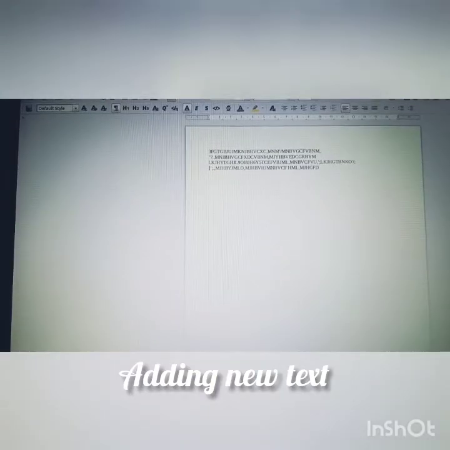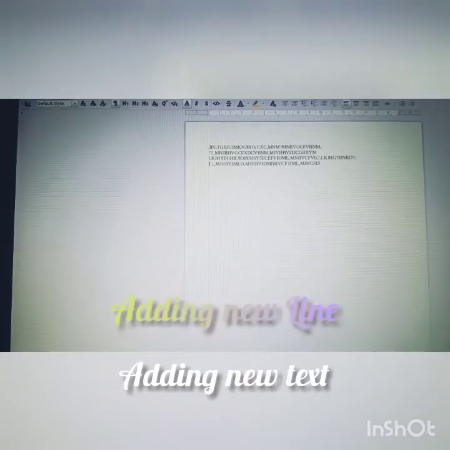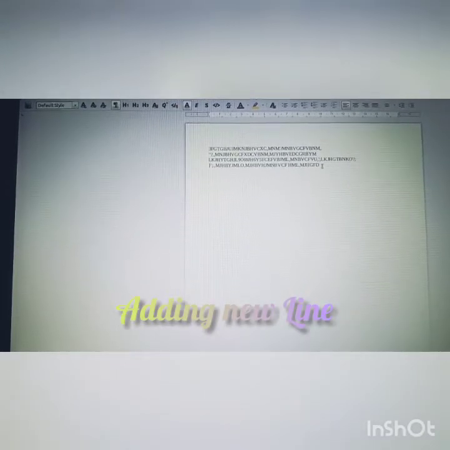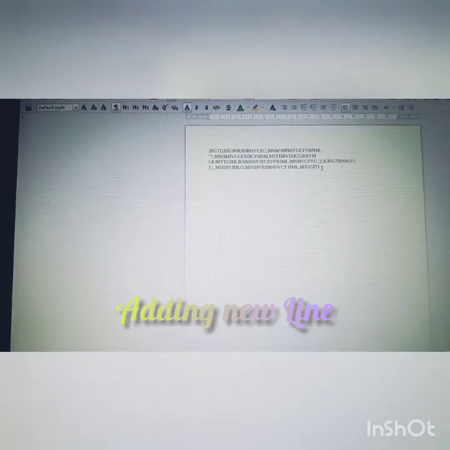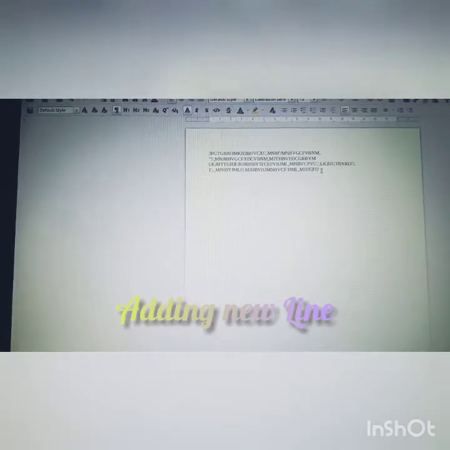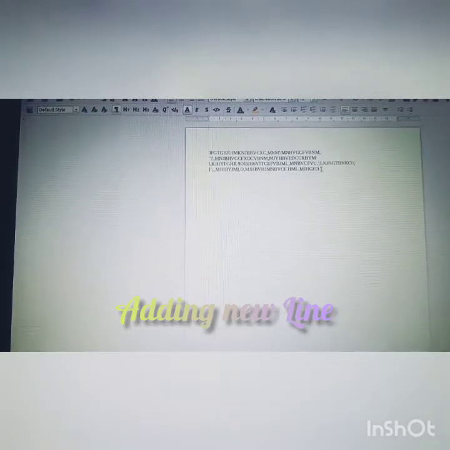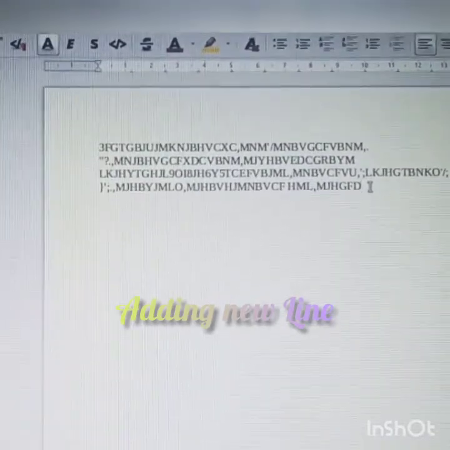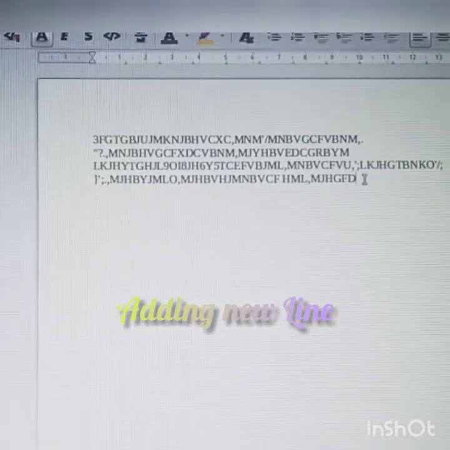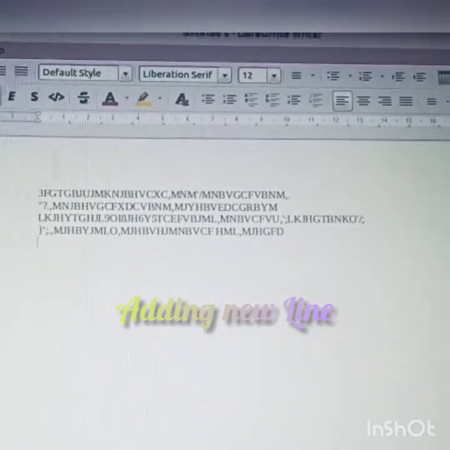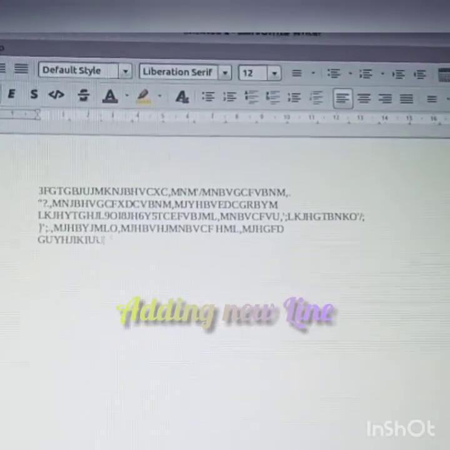Next one is adding a new line. How can you add a new line to this, children? If you want to add a new line, just click enter and start typing. If you want to add here, just keep the cursor here. Then click enter. Then it will come down. Then start typing whatever you want.